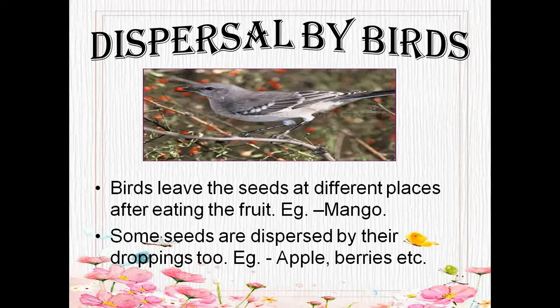These seeds do not get digested in the bird's body and are thrown away directly by the bird in the form of droppings. As the seed passes through the bird's stomach, due to the chemical activity of acids present in the stomach of the bird, the seed coat softens, and as the seeds are dropped onto the ground in the form of droppings and get rooted, it becomes easy for the seed to germinate. This is how dispersal of seed by birds takes place.